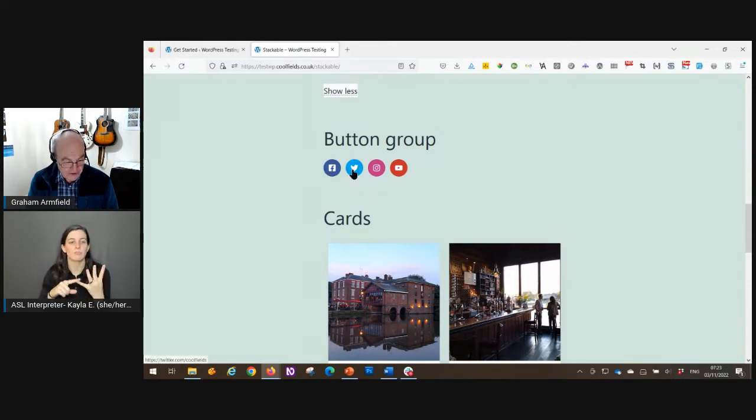Okay, so if I hover over these, there's a subtle change for hover. Focus is on here at the moment. Let me do a tab key. Now, you probably won't be able to see it. I can only just see it. Focus is now on the Facebook icon.